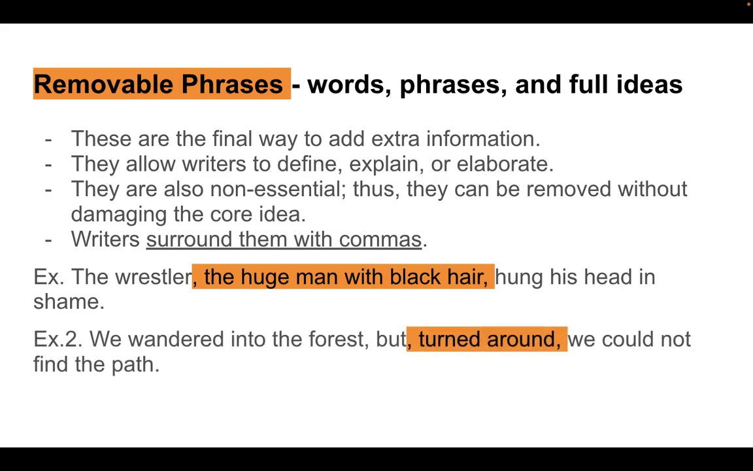Number 2: We wandered into the forest, comma, but, comma, turned around, comma, we could not find the path. So here's a second example. In example 1, you'll notice that we place our removable phrase between the subject noun and the main verb. This is the only way you can plug something in between the subject and its verb. And when you do it that way, it's always going to be a phrase that defines or explains the subject